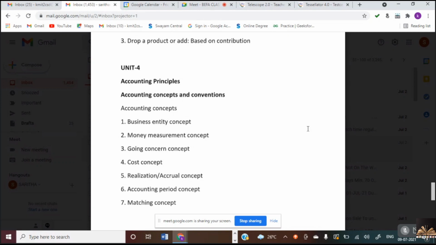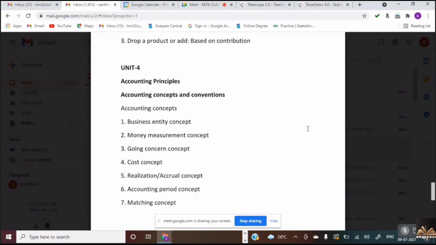What do you mean by this? This concept says an assumption that all the assets would be recorded at cost. What do you mean by at cost? It's nothing but the cost of acquisition of that asset. And what do you mean by cost of acquisition? It's nothing but all the costs involved in acquiring and purchasing that asset, which would be included in valuing the cost of that particular asset. Is it clear, Nana? This is known as cost concept.